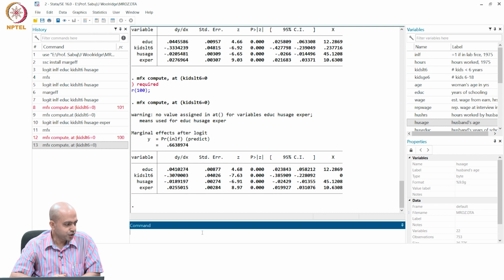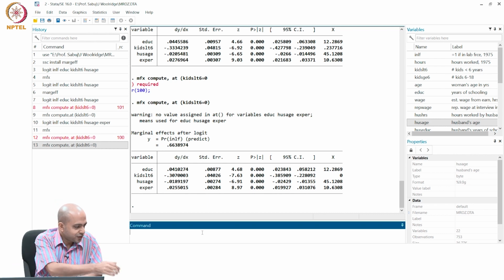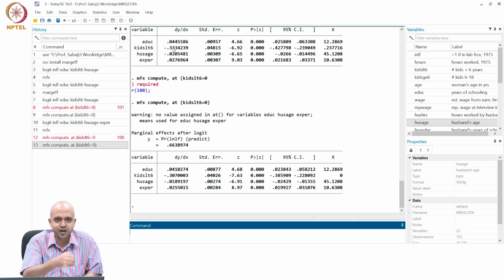So that means when you have 0 kids, then as you get the first kid, your probability of labor force participation decreases by 0.30, but when you have the average number of kids, 0.23, it is 0.33. So that means a lower reduction in the probability when you get the first kid, and then it keeps on increasing. Which makes sense also. It is quite difficult to manage more kids than when you have the first one.